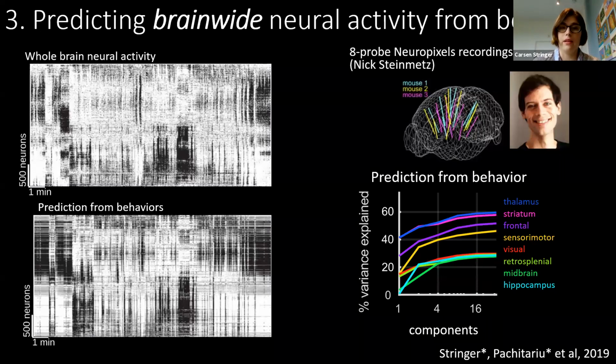So in summary, this neural activity in the absence of stimuli is not just noise. It's related to what the mouse is doing on a moment-to-moment basis. And the next thing we wanted to ask was, okay, we're explaining around a third of the variance. Can we explain more by capturing even more of the behavior? So we're able to, as I showed on one of the first slides, capture the behavior of the mouse